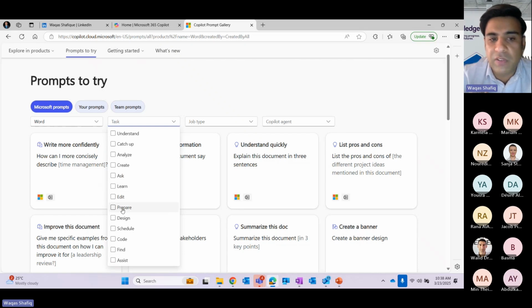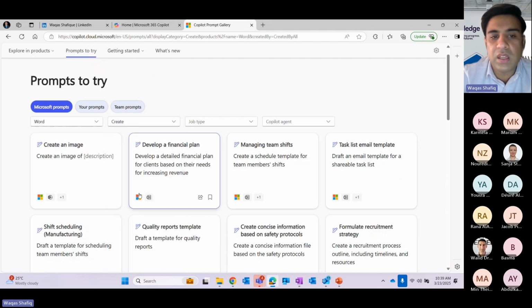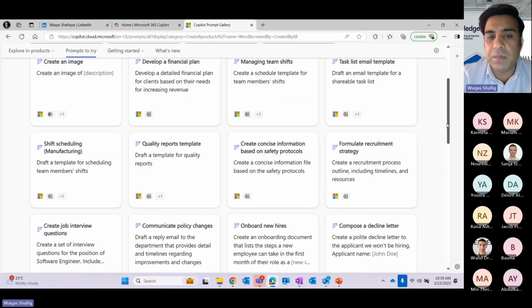You want to prepare for a meeting note, for example. You want to design an image, for example. You want to schedule a meeting, for example, by using Microsoft Word documents which are available on your OneDrive. You want to write code. You want to find, for example, what's new from my colleague Sania. Okay, you want to assist someone, so you want assistance on something, so you have a lot of tasks to do. So for example, you want to create something. Now if you see, if you want to create, the prompts have been